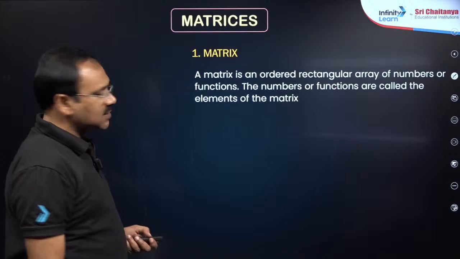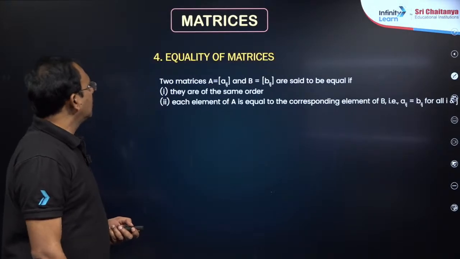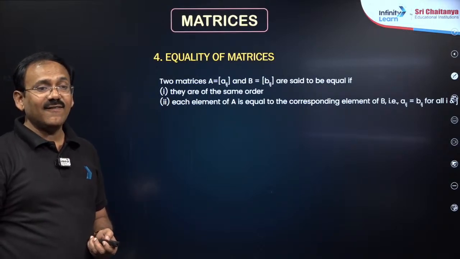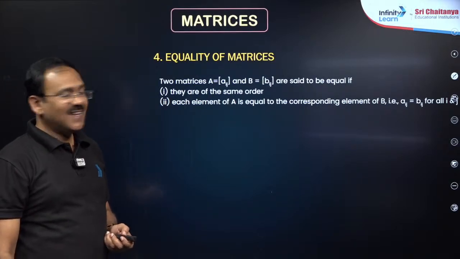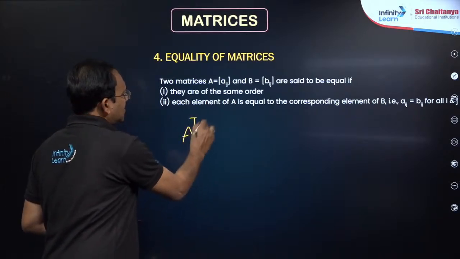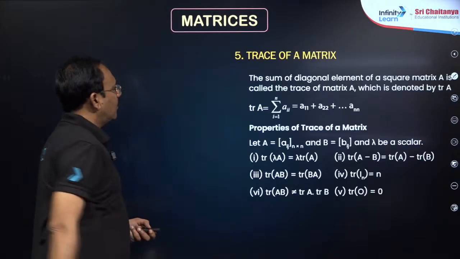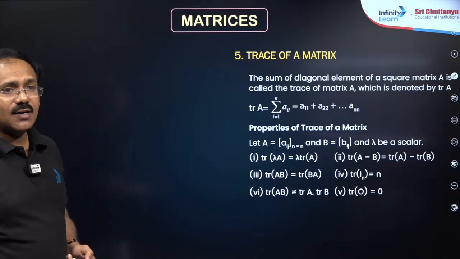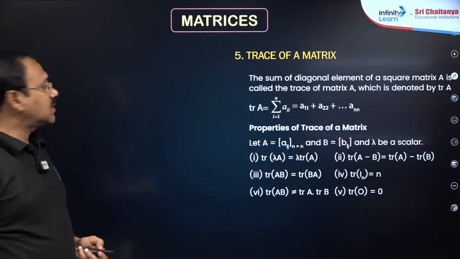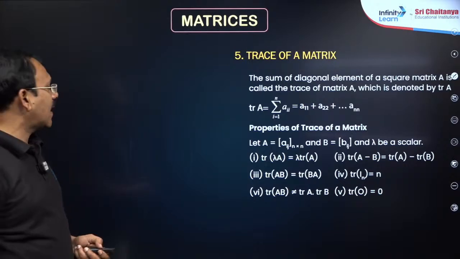So matrices, basic formulas, you know well, nothing special here. Especially symmetric matrix is A transpose is A. Skew symmetric means A transpose is minus A. This is important. A transpose is minus A. Okay, right. Trace of a matrix is nothing but the sum of the elements in the principal diagonal.